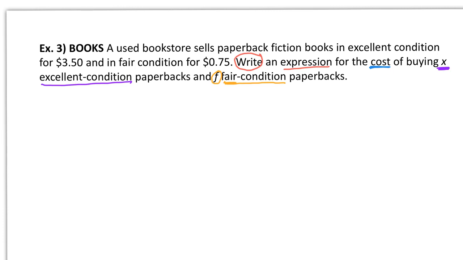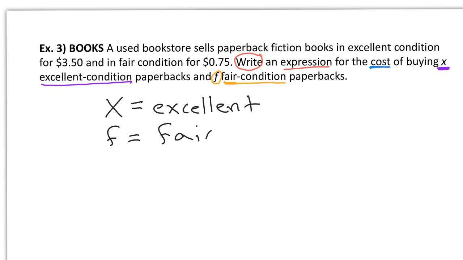So this is, in algebra, how we set up our variables representing something from this example. First of all, I'm going to write the variable X. X is going to equal excellent condition. So we have a book in excellent condition. And F is going to represent fair condition. So first of all, we have our variables, and that's what they tell us. They say to use X and to use F. Sometimes they don't say, so we just have to choose any variable from the alphabet, but they do have X